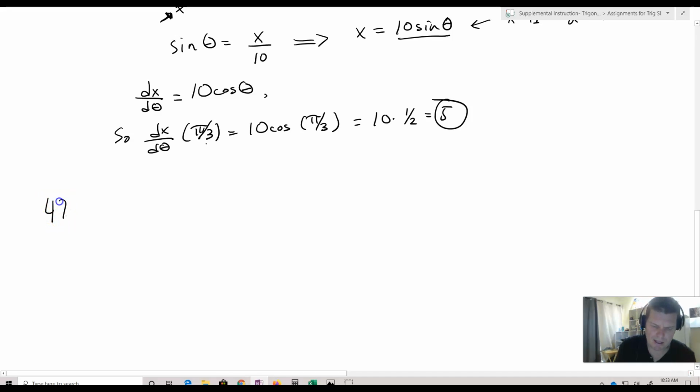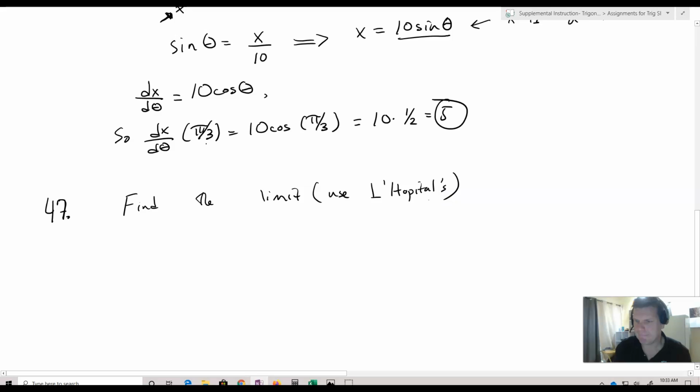Next up, 47. Now, these two, I'm pretty sure, and I didn't have my book with me, unfortunately, it's sitting at school right now, but I believe what you're going to use for these is L'Hopital's. So it's like find the limit. And so we'll use L'Hopital's, because that's what you use if you are using derivatives in order to find limits. Now we're going to talk about when you know exactly that you're going to be doing that. But let's start out with